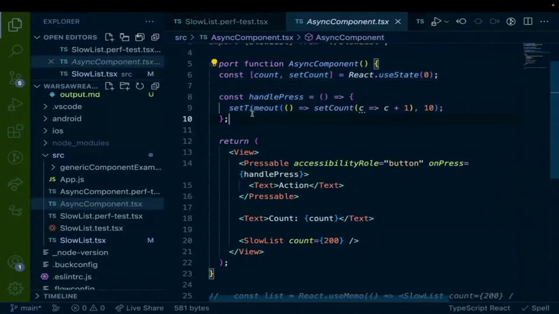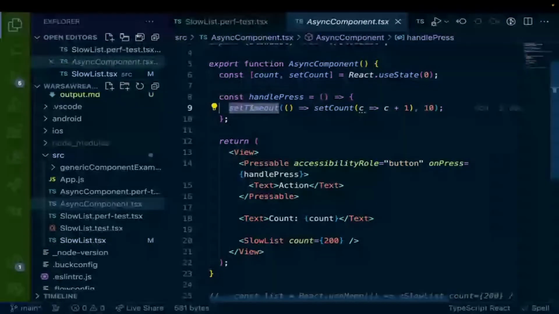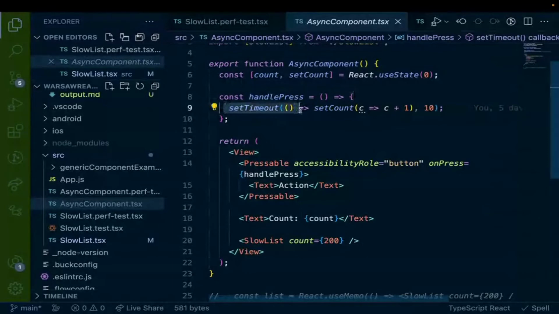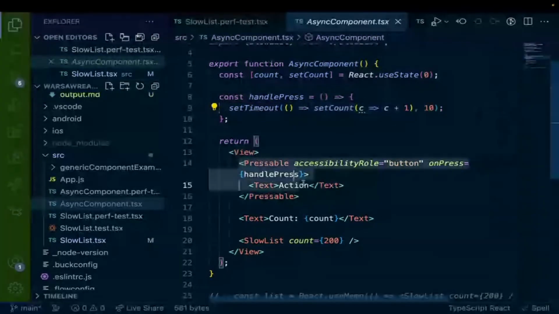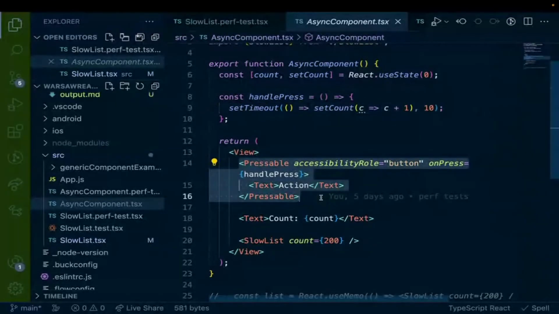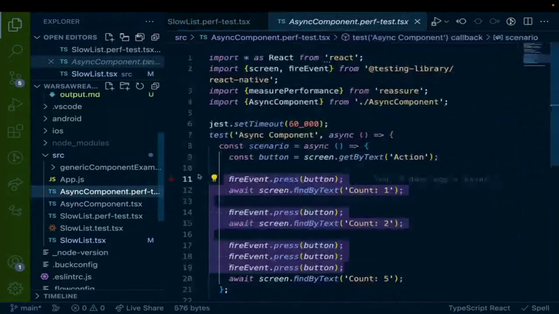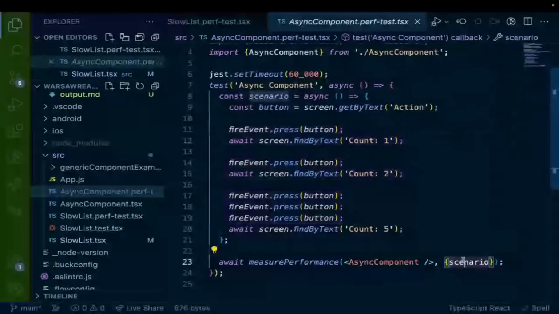I have this setTimeout here to mock some asynchronous calls or something like that. You don't have to know what's going on. This is a setCount, a useState hook, and I'm increasing the counter while pressing this Pressable component. Okay, so how do I write a test to check for that scenario? I can use a scenario.